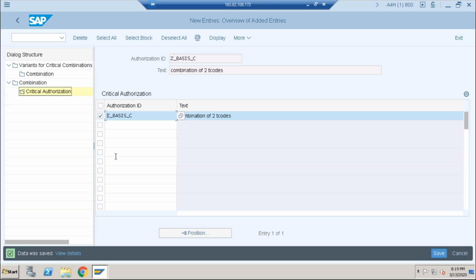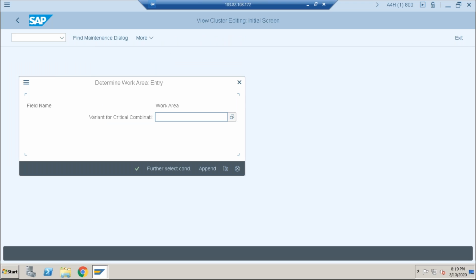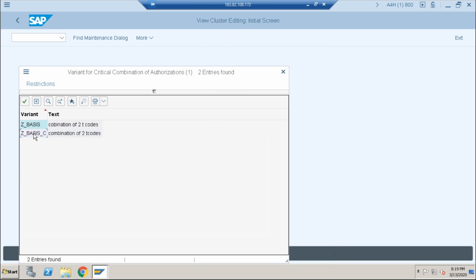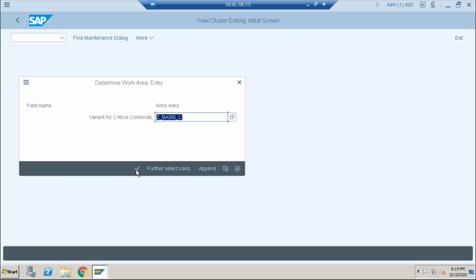Select the ID. Go for combination. This one, right? The second one. Yes. Second one, done. Okay.